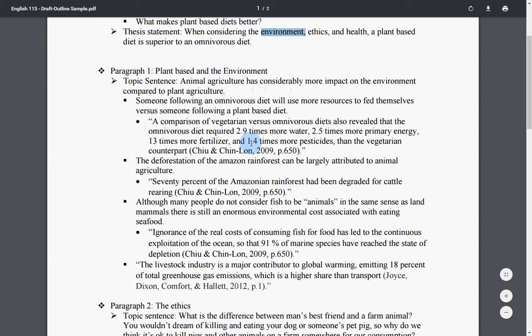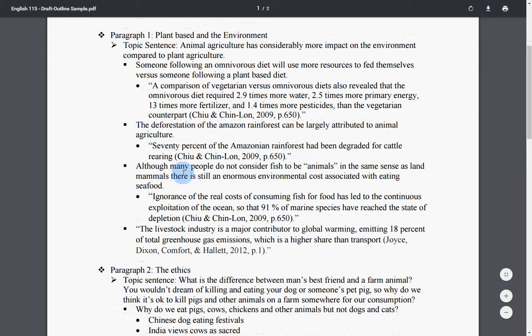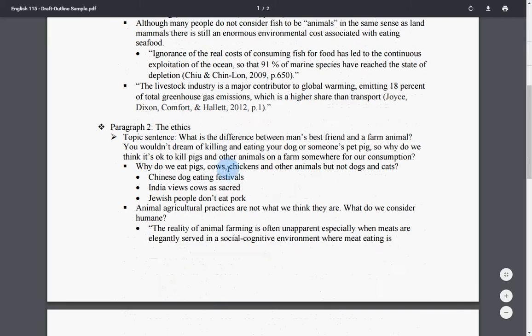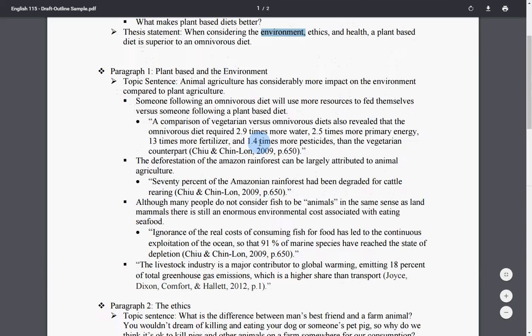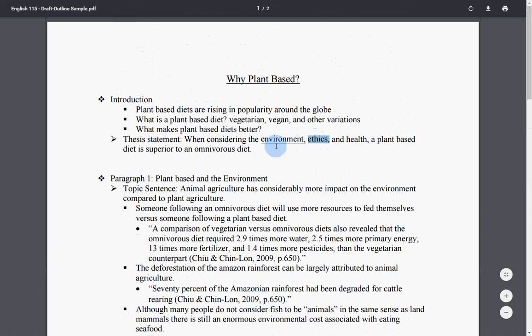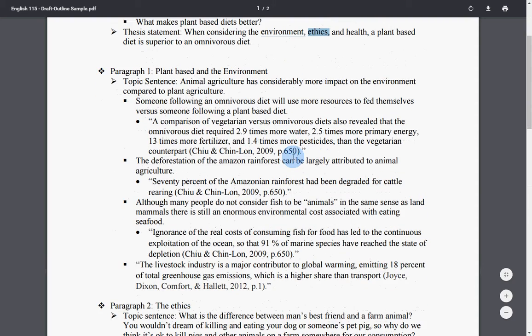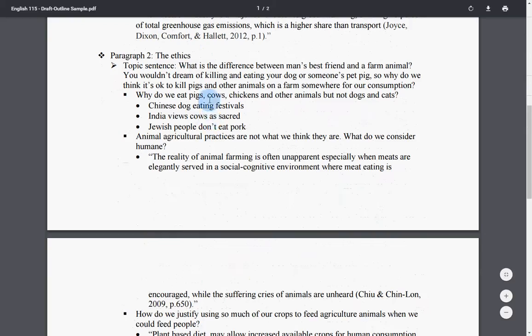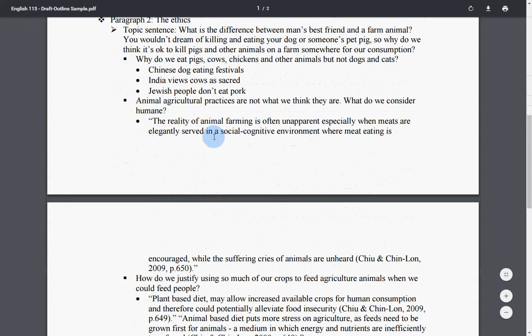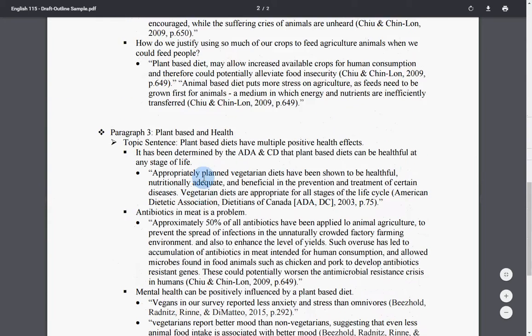Here we've got some quotes from some of the resources that this person has used, and nicely organized there, and then it moves into the second body paragraph. As we can see, the ethics. Here we see the second thing mentioned in the thesis statement. The expanded thesis statement is ethics. Again, formulating some of the topics that will be discussed in this body paragraph, including even some quotes, and then